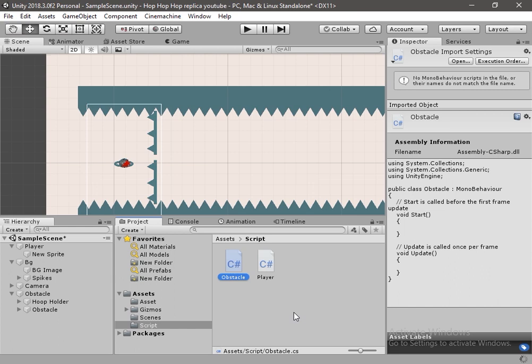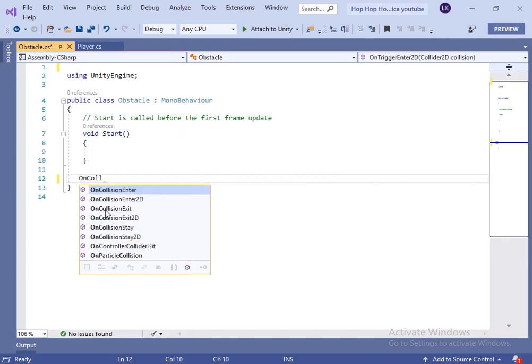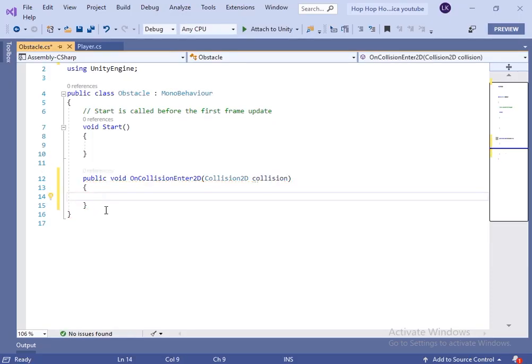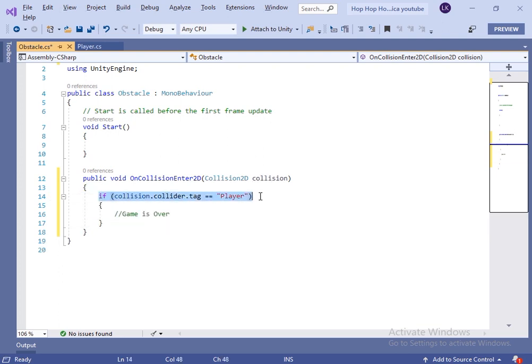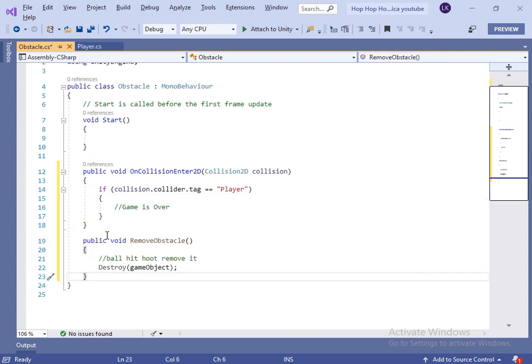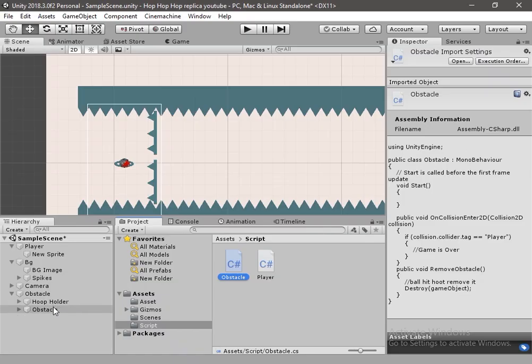If the player is able to pass through the hoop, then the obstacle gets destroyed, else the player will be dead. We have to write this in C#. So open the script. Inside the script, if the player collides with the obstacle, the game is over. So inside the onCollisionEnter method, if the player collides, we will write some functionality so that the game will be over. We will do that later. And if the player is able to pass through the hoop, we will remove the game object. So now let's drag and drop this script on the obstacle game object